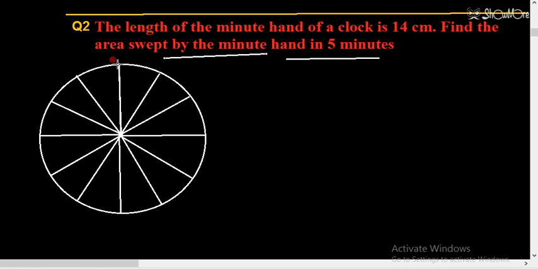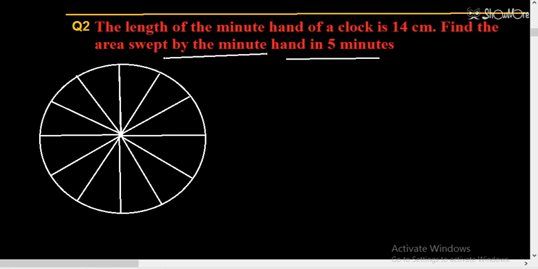This is not necessarily that it will touch the circle. ऐसा नहीं है कि ये सर्कल को जरूरी टच करे. बच्चे इसका डायग्राम देखो. This is also possible that the minute hand will end here, but in that case this will be the area. ये यहाँ से क्रॉस कर देगा and this will be the area. So it is not necessarily that the minute hand will touch the boundary of the clock. तो boundary को touch करे, that is not necessarily. Wait, I am clearing your concept. मैं आपको आपका बहुत अच्छा कंसेप्ट क्लियर कर रहा हूँ, वेट करना.